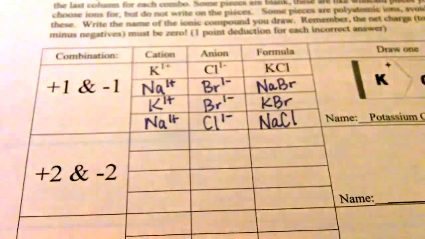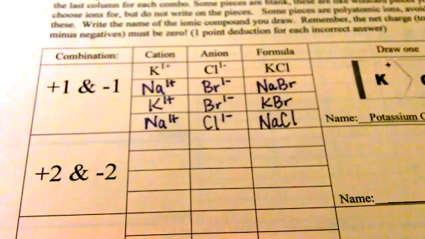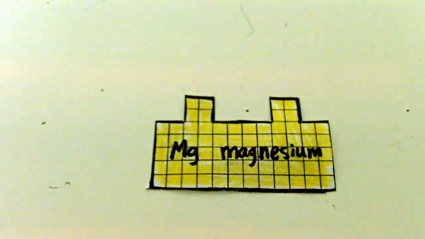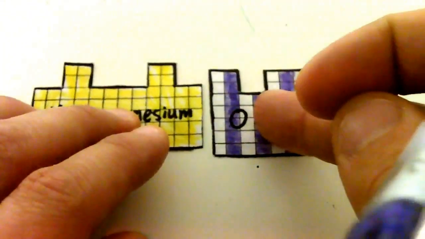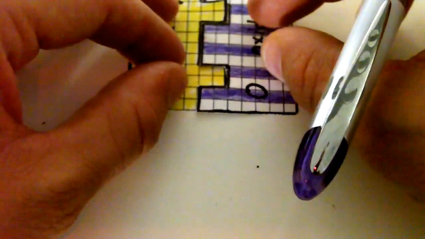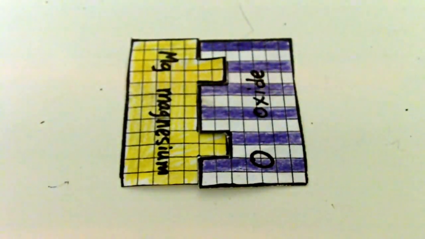Let's move on to the +2 -2 combination. +2 -2 combination, couple of options we have. We had magnesium as one of those pieces. We had oxygen as one of those pieces in the form of oxide. Those two come together quite nicely. One of each piece is all that's needed to get that complete formula. So let's go ahead and add that to our +2 -2 chart